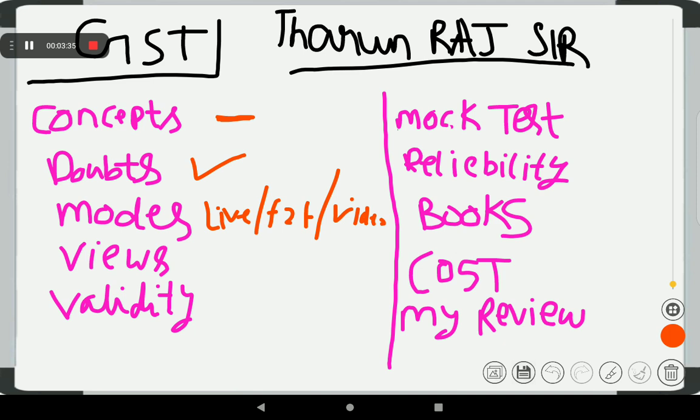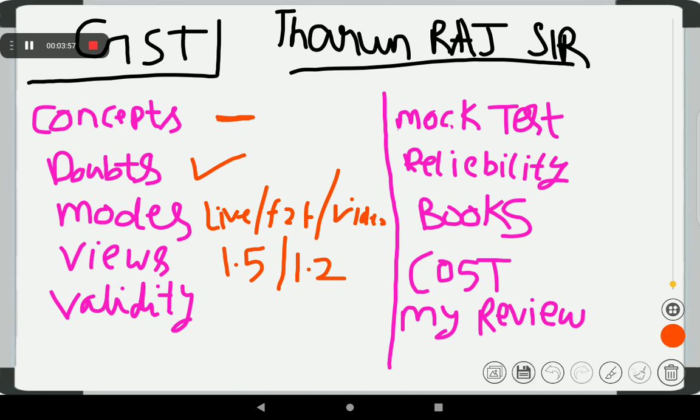When I was purchasing, the video lectures cost 5,300, but sir has now drastically reduced the prices. Now it is 2,000, I guess, with 1.2 views for 4 months. When I was purchasing, it was 6 months and 1.5 views, so now the class costs have literally reduced. Sir provided 1.5 views earlier, but now the reduced class provides 1.2 views.